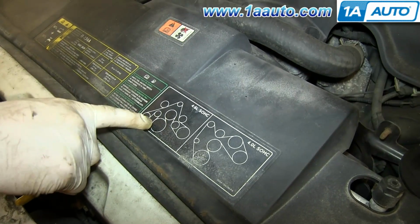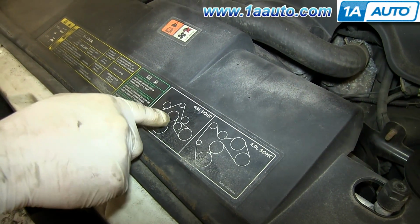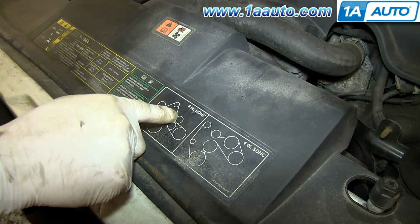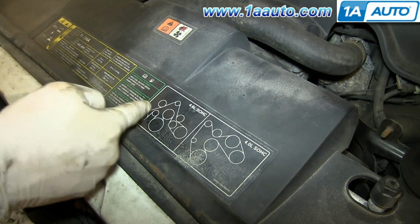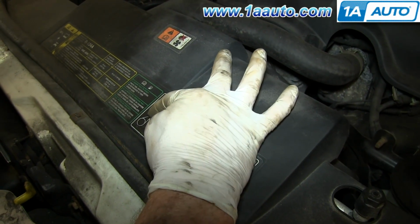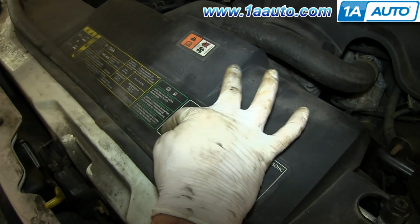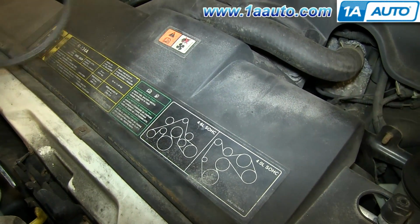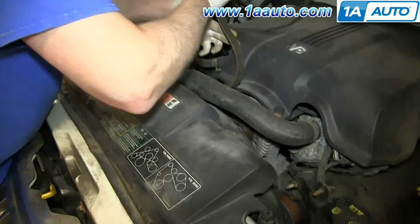To reinstall your new belt, what you want to do is put a loop down around the crank first and get it lined up on your water pump, and then you basically have to kind of jam a loop right down in between your tensioner down to this pulley, and then you can line everything else up. So first we'll take it and we'll put the loop down